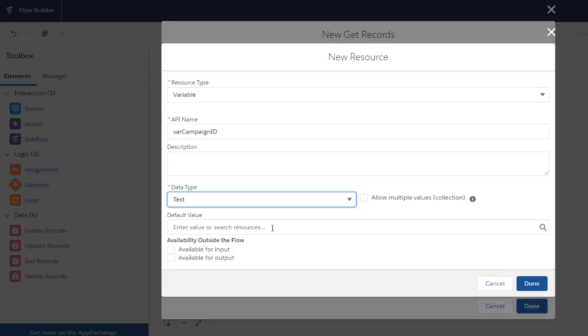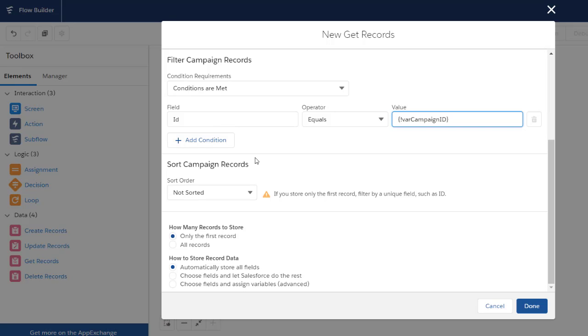I don't need any additional information on this. It's just the value that is provided. And I'm going to say that this is available for input and output. Now that we have set the requirements, how are we going to store the campaign that we found? So I'm going to say only the first record that we find, because there really is only one campaign, because